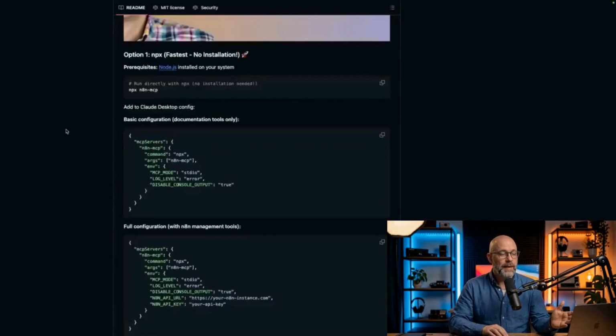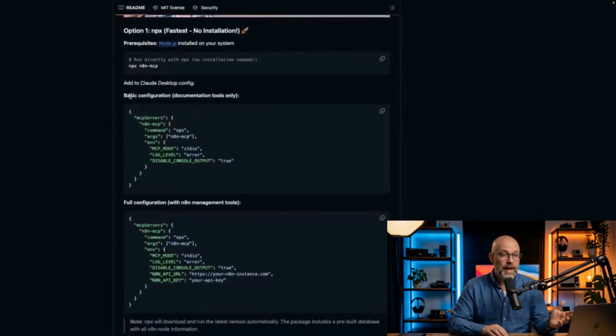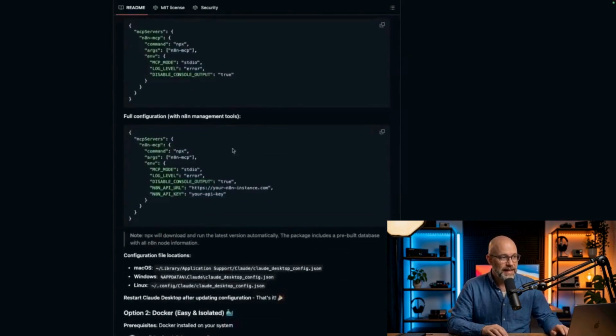All right, so now that we have the MCP running, we have to now add the Claude Desktop config. This is basically saying, hey, let's set up the actual MCP on our MacBook, so it's able to run on Claude, and we can do this in two different ways. We have the basic configuration, which is basically saying, hey, we give Claude the instructions, so make an AI agent. It then gives us the code. Then we have to take an action of copying the code and then go into n8n and then importing it